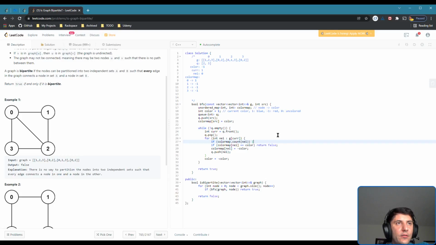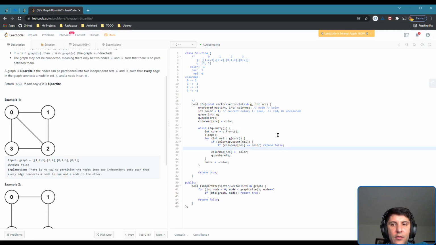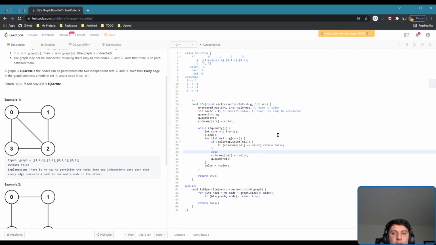Yes. And the color is equal to that. Yes, return false. Otherwise